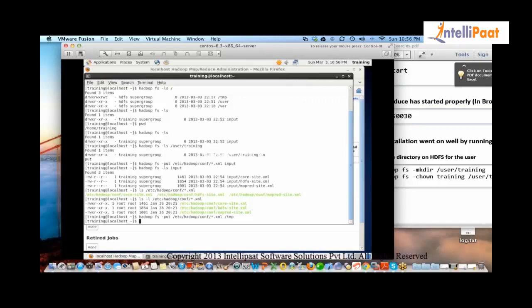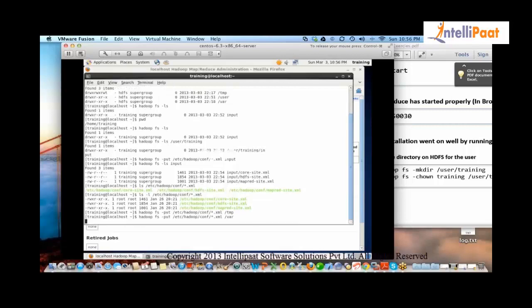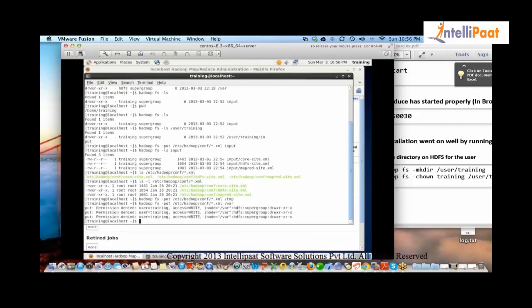Oh, it worked. Why did we give training the access? Okay, we did a chmod for the tmp folder. But if you do the same in the other directory, I hope we haven't set it to 1777. It says permission denied. Why?